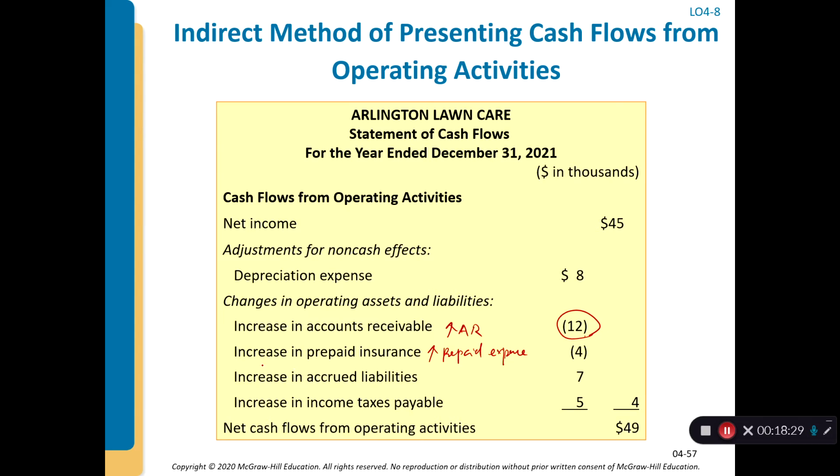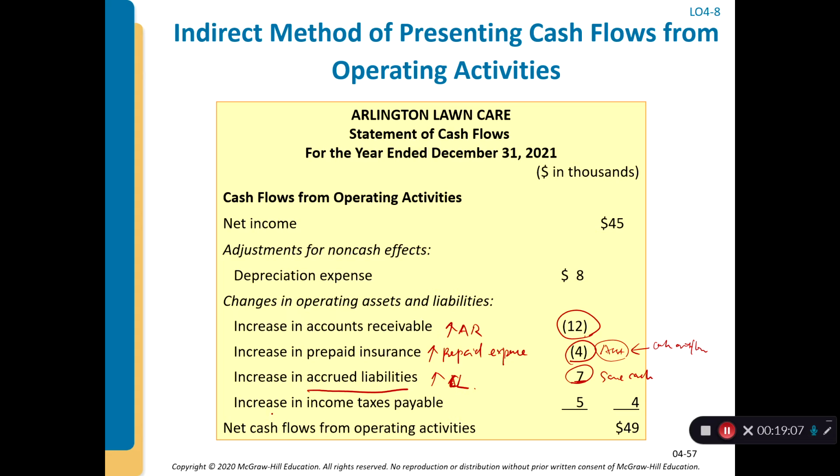and then we will minus the increase in the prepaid insurance because this insurance expense is an asset, and there's a cash outflow to create this asset, right? At the same time, we will plus the increase in accrued liability because by borrowing money we save the cash, right? We save the cash. We were supposed to pay $7,000 cash, but we didn't. We park it under the liability,